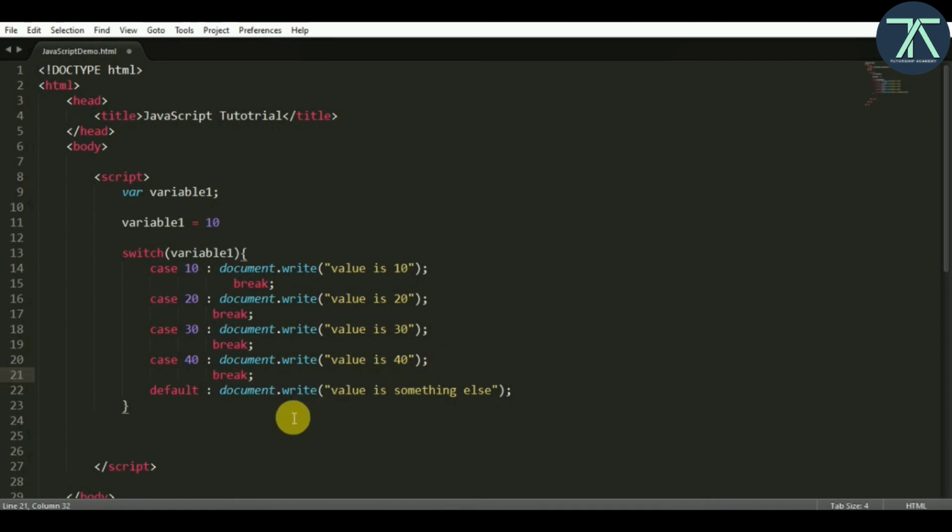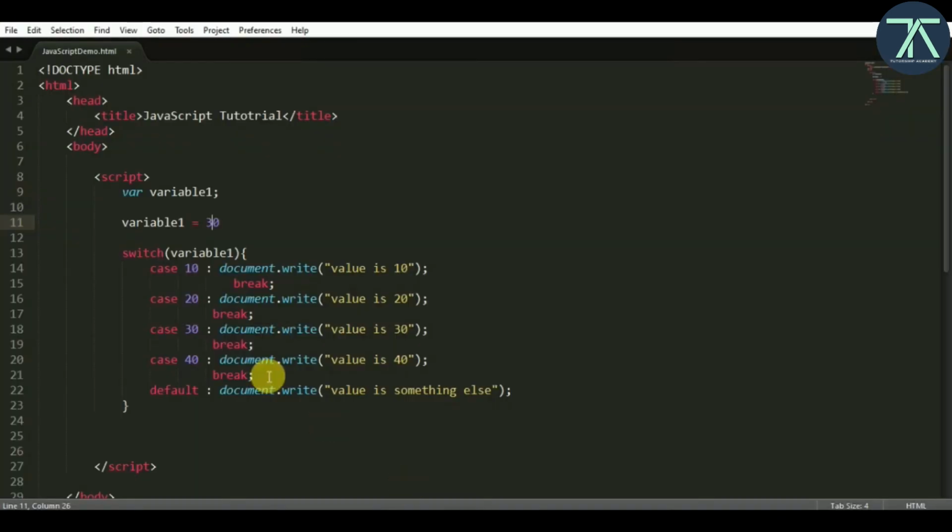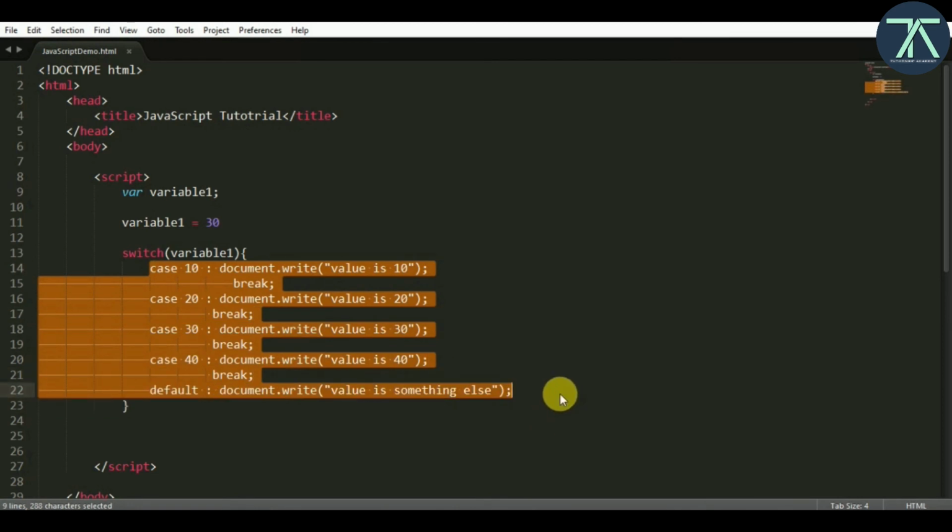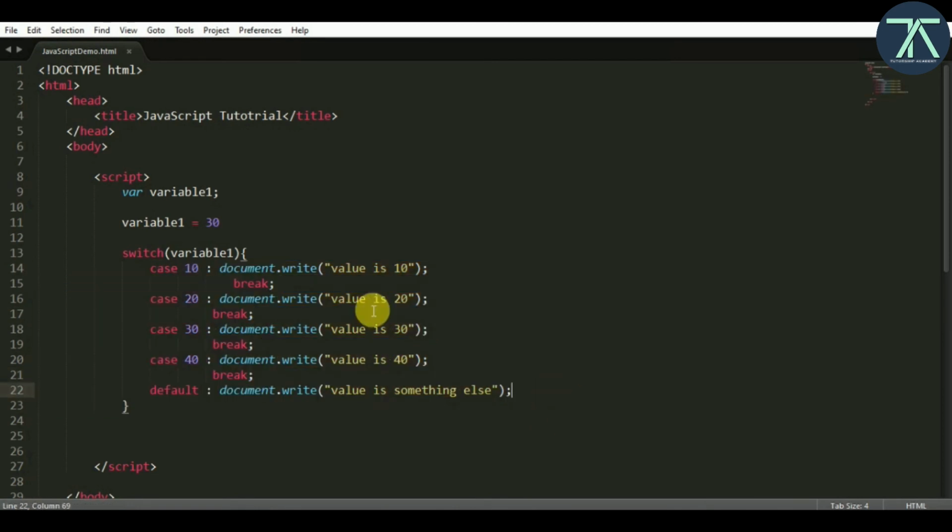we don't need to write break after this default statement, because there is nothing else to print after it. Whatever you give, if you give 50, it will not match any of these cases, so none of them will print, and it will come to the default, and after that default there is no statement to print or execute, so it will automatically come outside of this switch case. So now if I write 30 and save this and go back to my browser and refresh it, it will show value is 30. So we can achieve our goal, whatever we have written in if else, easily